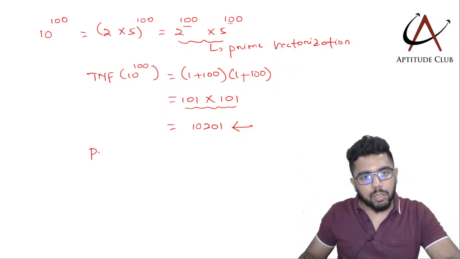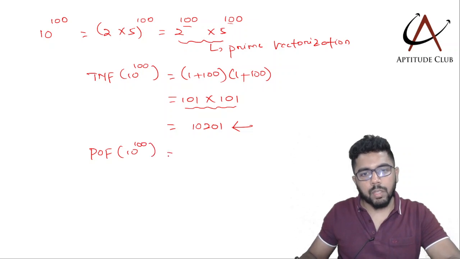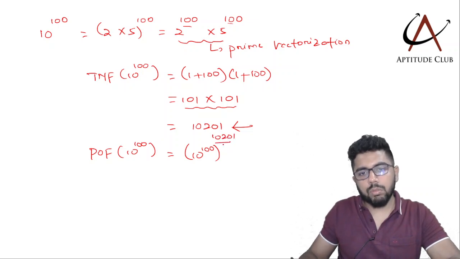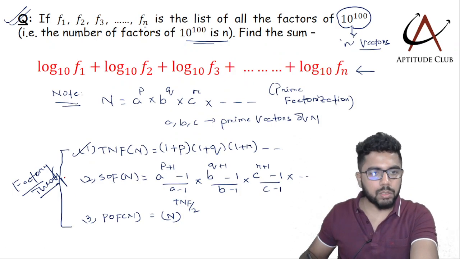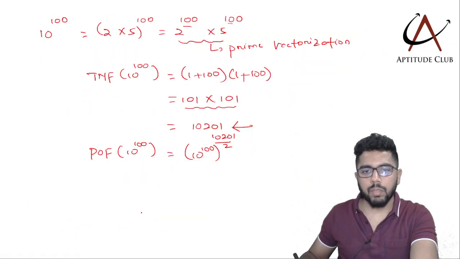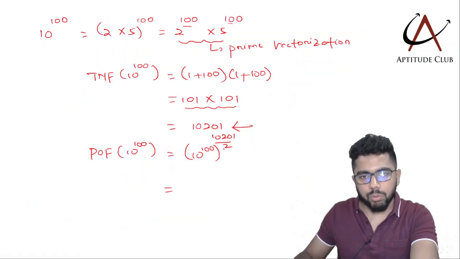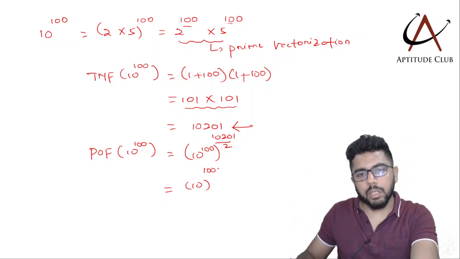And next thing, if I calculate the product of factors of 10 to the power 100, it is the number 10 to the power 100 whole to the power total number of factors by 2. We just simply use this formula. So if you solve it a little bit, by 2 means I can write it as 10 to the power 100 by 2 whole to the power